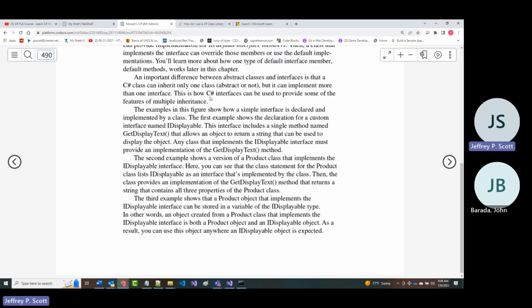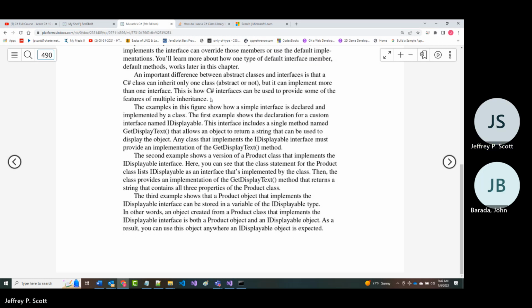All right. What typically does happen as software gets more and more refined is that the distinctions between using inheritance and using interfaces become kind of blurred.